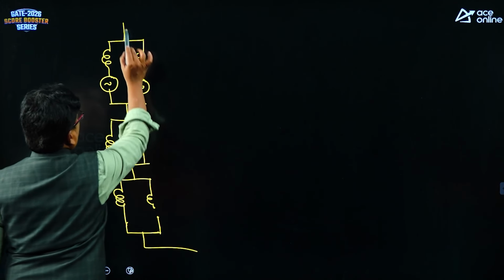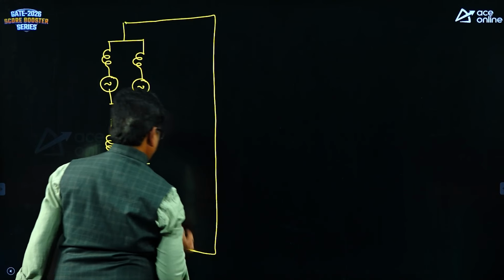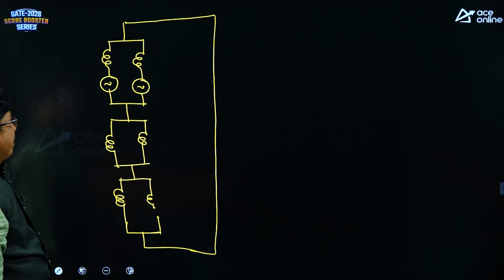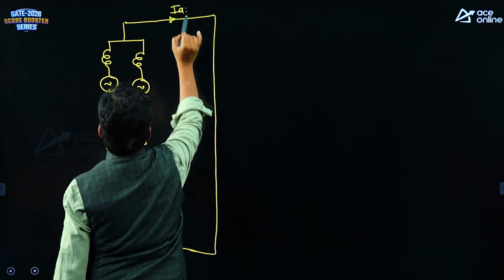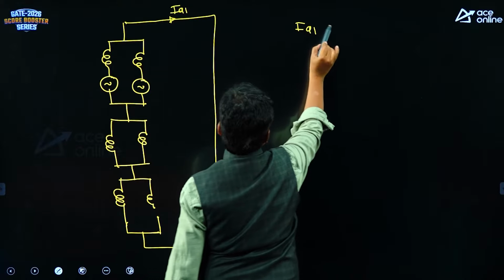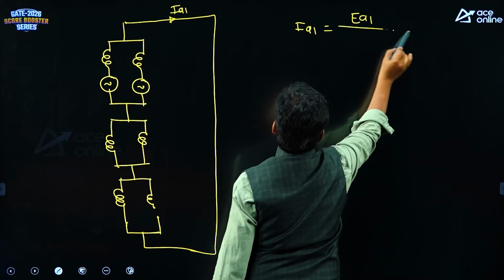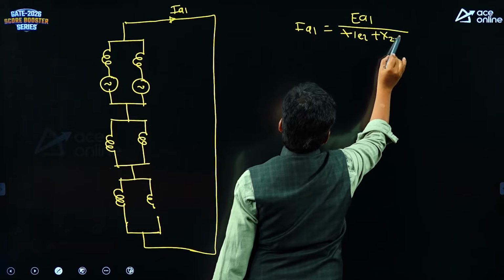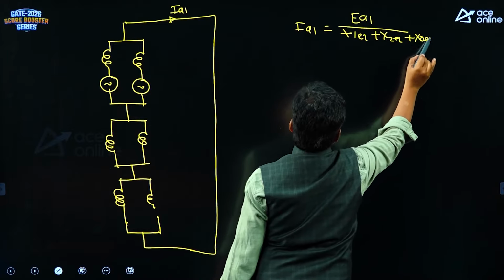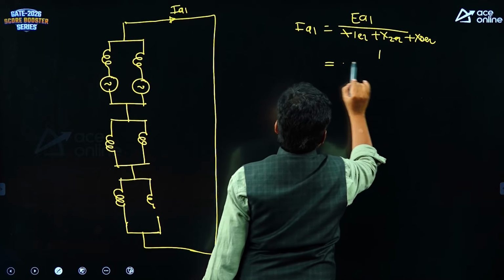This is the connection we are having. That is the sequence network for LG fault, right. So that you can calculate IA1 here. What is the value of IA1 equivalent to? IA1 is EA1 divided by X1 equivalent plus X2 equivalent plus X naught equivalent, where EA1 is 1 per unit,